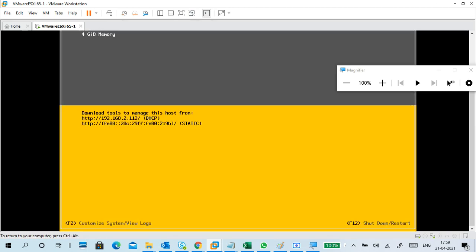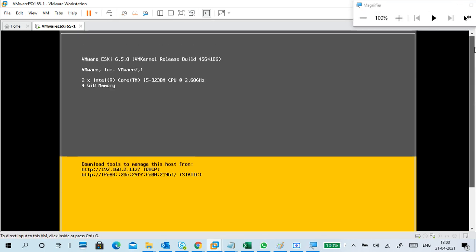Next, this is a Windows-only main window, with 4 GB memory and 2x processors like this.